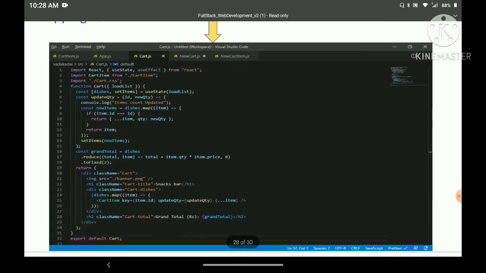Once I pass the value dishes, I need to receive it, right? So in line number 4, you can see I give a parameter named load list, and assign that load list into the state, because if I assign the value into the state, it will display the value as a default value. So in line number 5 I have dishes, comma, set items. Okay, so what I am going to do is render this default items list into the cart items, right? Okay,